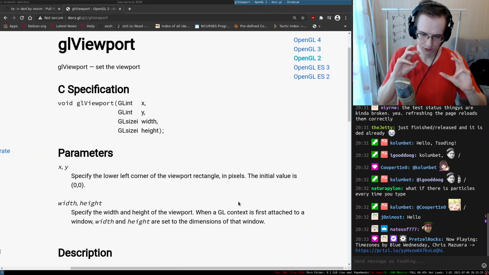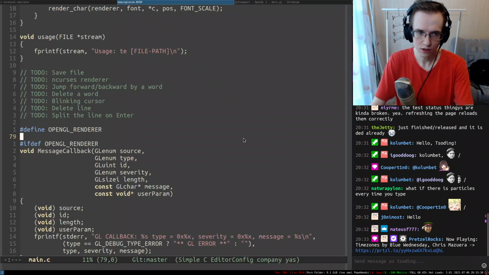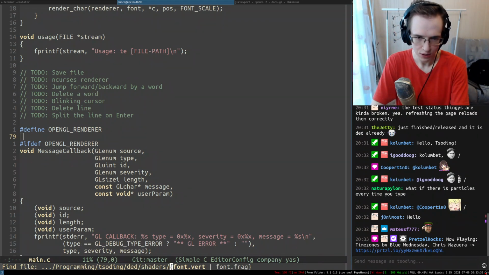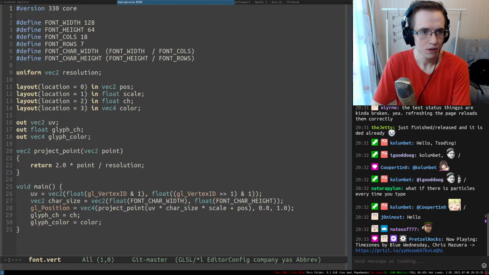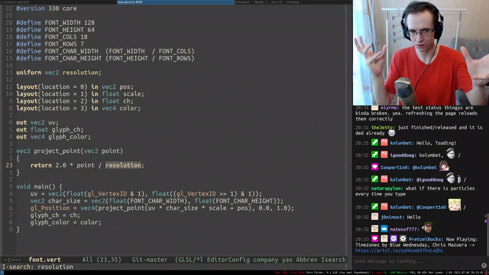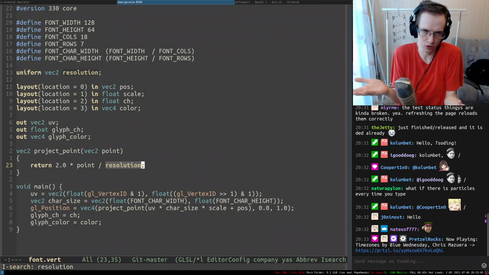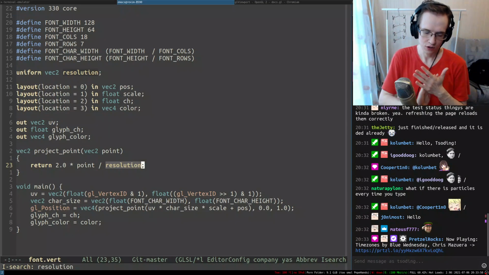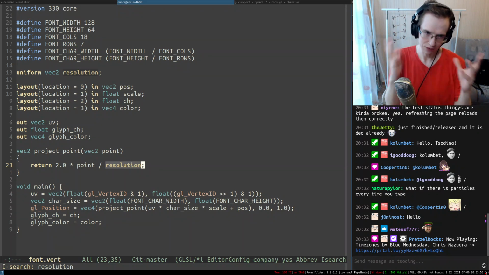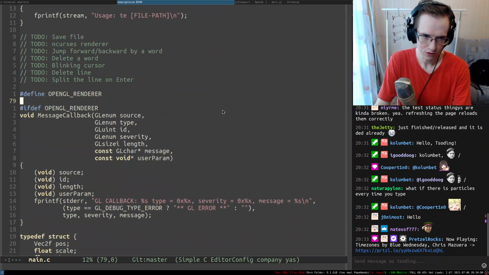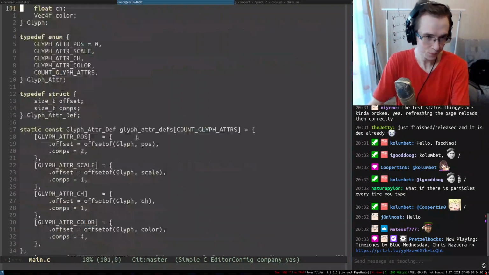And because of that, we're going to have a dynamic resolution, right? Resolution is quite important because we pass the resolution into our shader. Somewhere here, yeah, here's the resolution. It's used for mapping world coordinates to the screen, to do the camera projection, because we have a camera that moves around. To properly map the coordinates from the world to the screen, we have to know the resolution of the screen. So that's why resolution is very important, and we're going to be dynamically changing it.